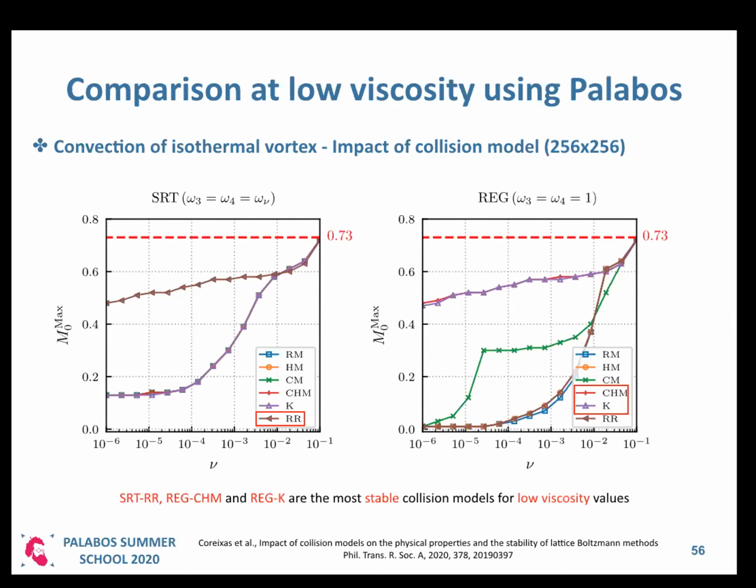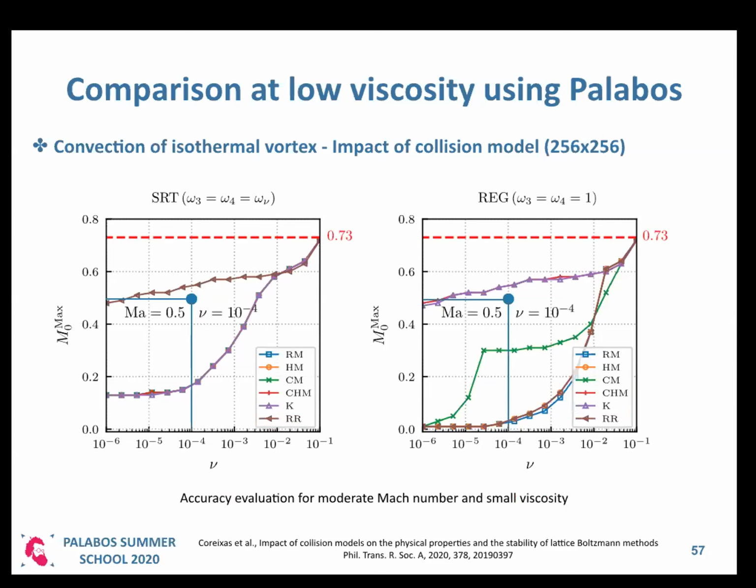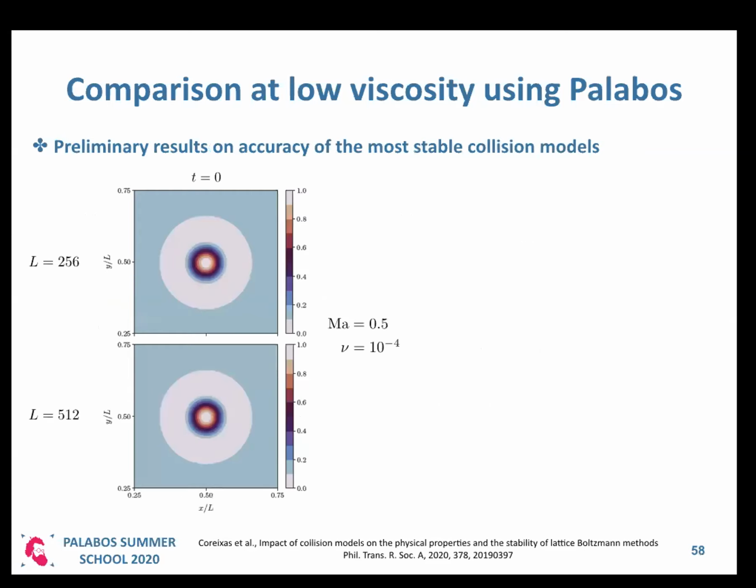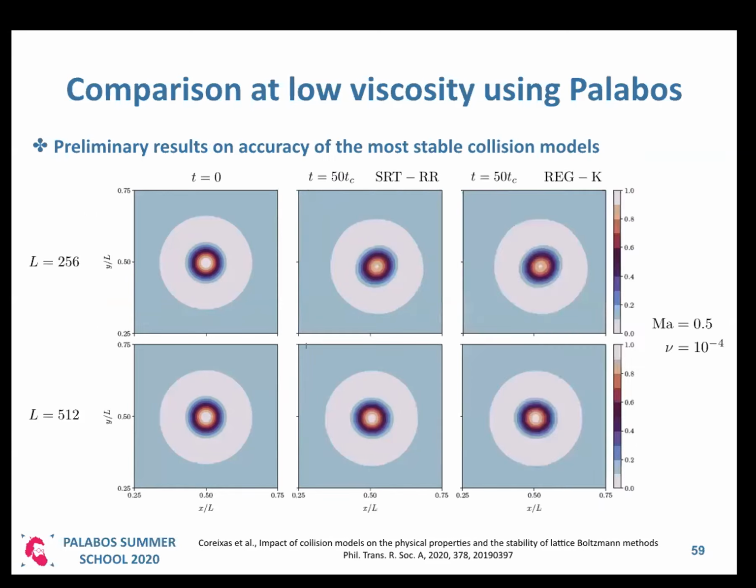Of course, it's good to have stable simulations, but we also need to be sure that what we are doing is accurate, meaning that there is absolutely no point in propagating information that will be complete nonsense after 50 rounds of box. So here what I propose is to look at the results for relatively small viscosity, 10 to the minus 4, and a relatively high Mach number. So here are the initial states for 2 different meshes, using 256 points in each direction and 512 points in each direction. The second column corresponds to the results of the recursive regularized approach, and the third one is